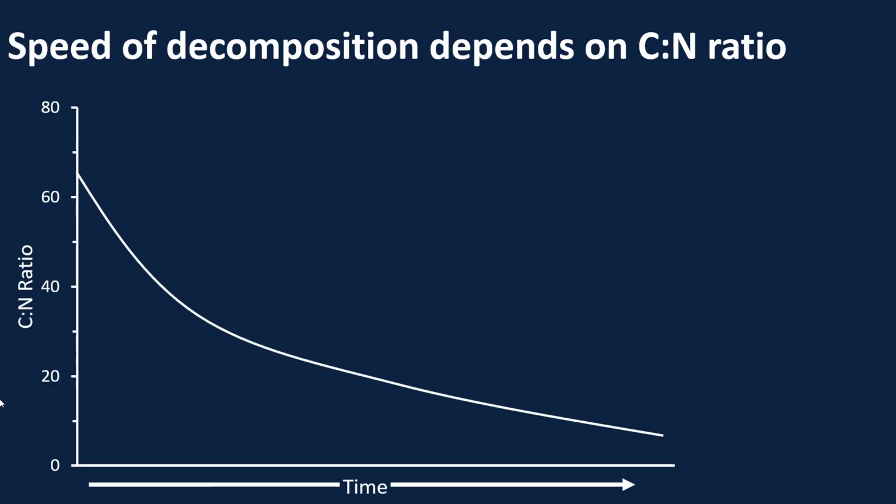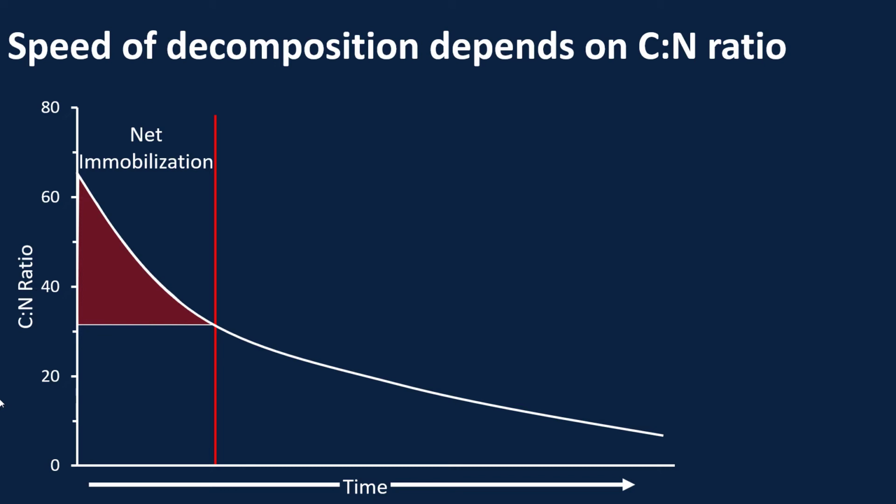So if we look at this graph here, we'll see why that carbon nitrogen ratio is important. As we look over time, that carbon nitrogen ratio tends to decrease. But when we're up in this 30 to 60 range or higher, we see a net immobilization of nitrogen by microbes. That means nitrogen is being taken from the soil that's plant available, used by the microbes to break down residues and other materials in the soil.